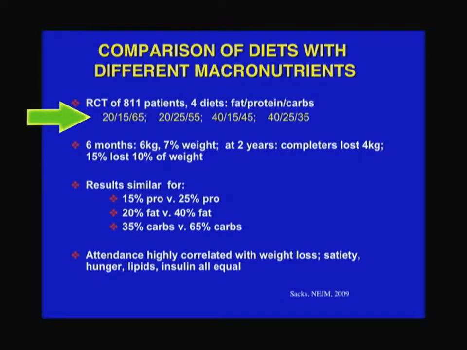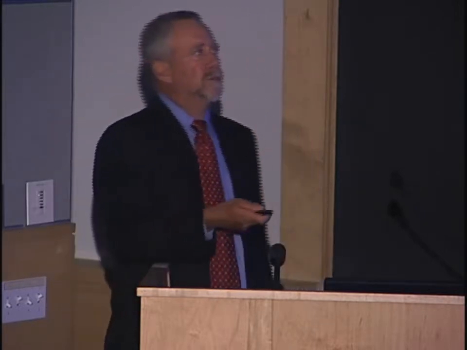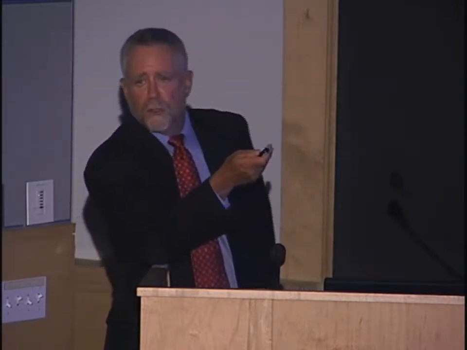And you can see that they could mix up the so-called macronutrient composition of the diet, keeping the amount of calories the same. So calories are constant, and now they're manipulating how you get to that amount of calories. And generally, all these people lost some weight, roughly around 7% of their starting weight. So if you weigh 200, you can expect to lose about 15 pounds in about 6 months. That's what almost all the studies show. And good, if you're coming to a university-type weight management or a good weight management program, it's not what you achieve by yourself.